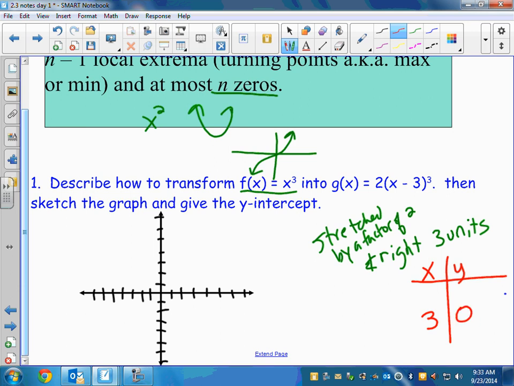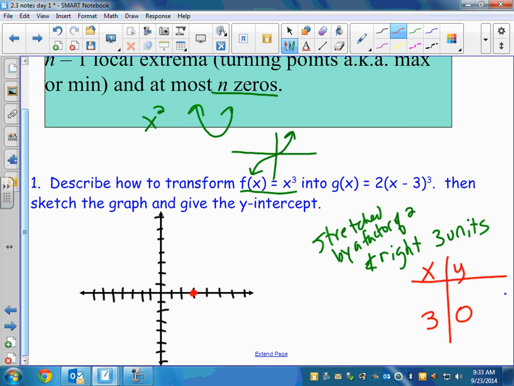If it's a square root, I'm going to pick what makes it go to 0. If it's a quadratic, I'm going to pick what makes it go to 0. If I'm not sure what the graph looks like, I'm always going to start with what makes it go to 0. And why does that work? Because normally it starts at 0, and I just moved it over 3 units. And if you can find that first point,